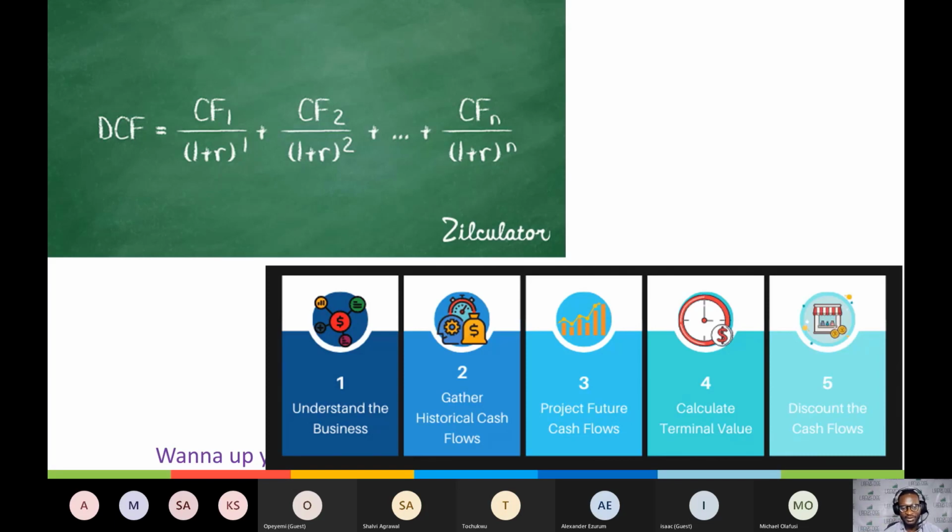Regardless of what it is you are creating a valuation for, specifically DCF now, you need to understand the business. So if I'm doing this for a company, then I need to understand the nature of that business, what businesses in that industry are like, and also the industry the business operates in. I'm going to tell you why. If you're doing a DCF for, let me give something that is okay. I'll give you a real life example, right?